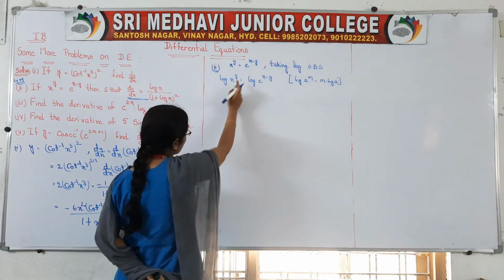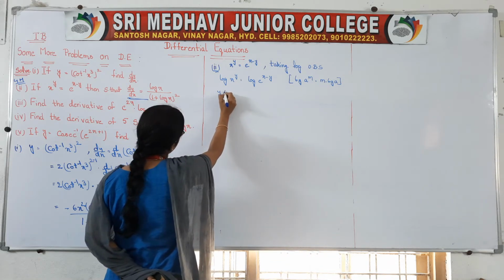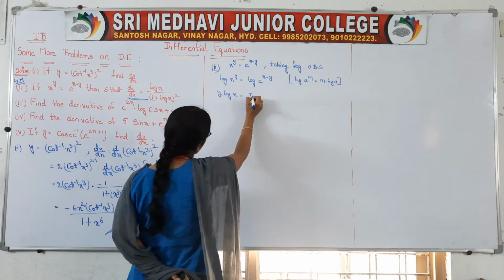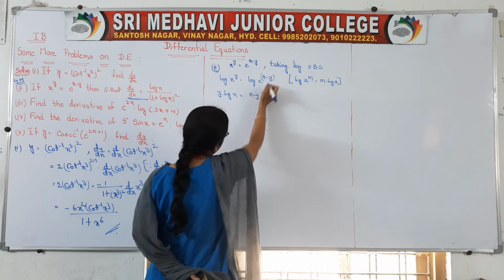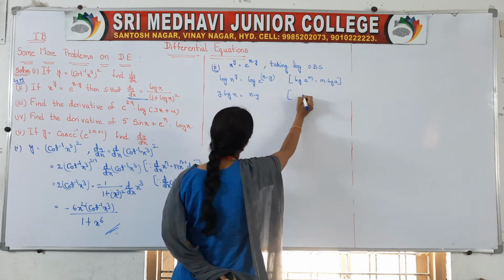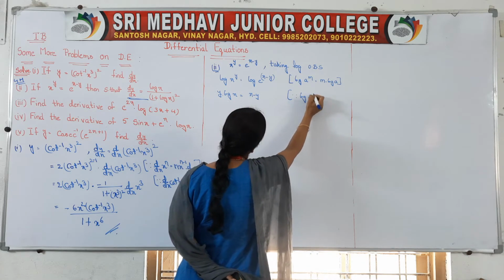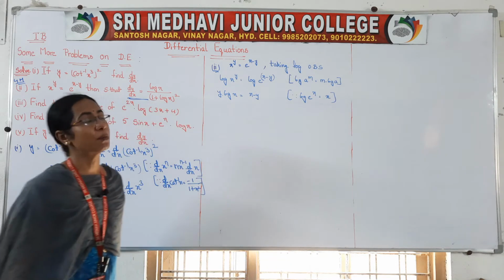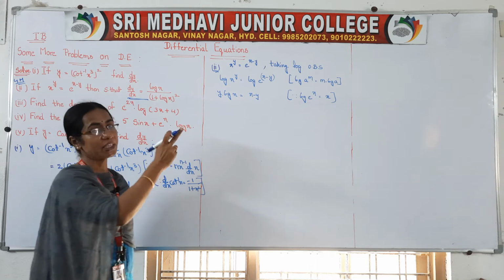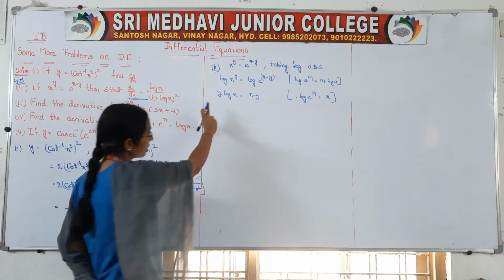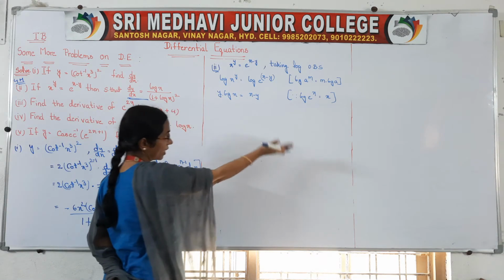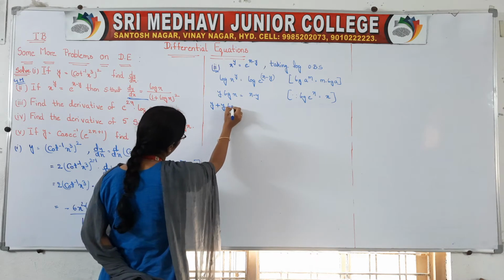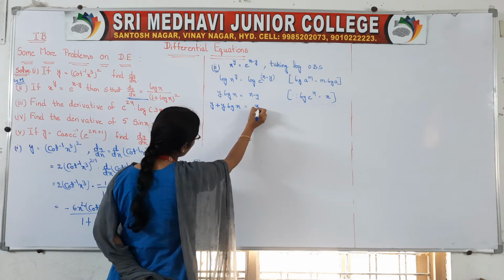So log of a to the power of m form. So it is y into log x is equal to x minus y. Why? Again there is one formula: log of e to the power of any variable is equal to that variable. Instead of x we are having x minus y. So here also y term is there, here also y term is there. Bring this side, y plus y log x is equal to x.